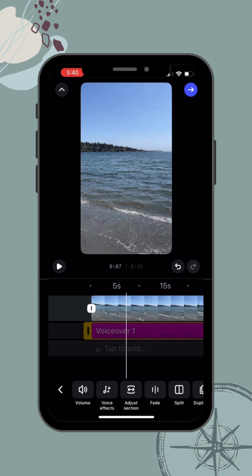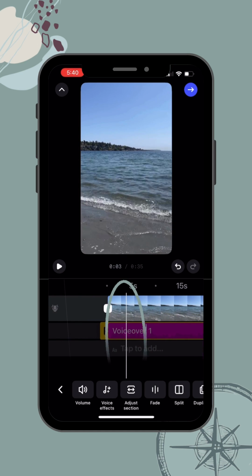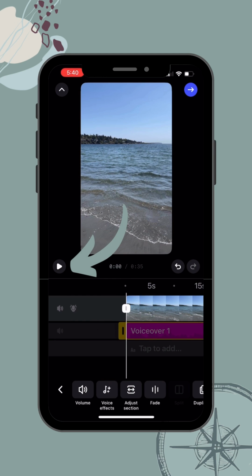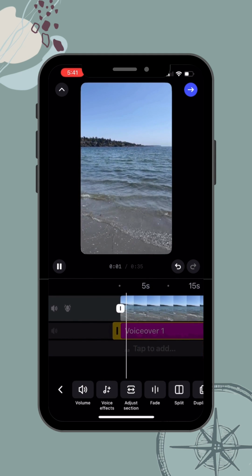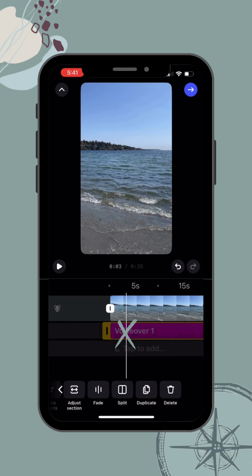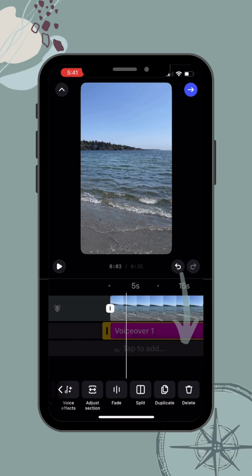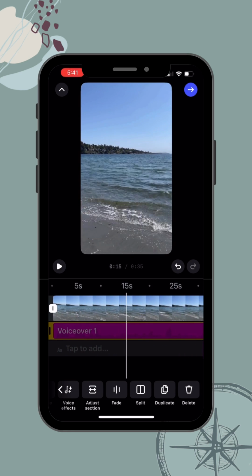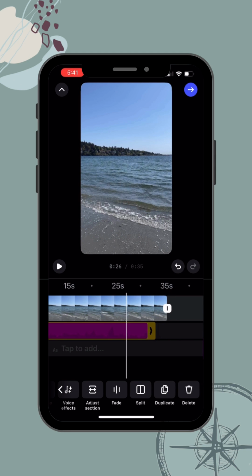So you can record more than one voiceover. You can also play back your voiceover. So if I slide the white line back to the beginning and I hit play, for example, play. Hello, I'm Julie Selby with Sandy Social Marketing, and pause so you can listen to your voiceover, see if you like it. If you don't like it, again, you could tap it yellow to select it and slide over to the right. Notice there's a little garbage can icon or delete, so you could delete it and record it again if you like. But in this case, I'm going to leave it,